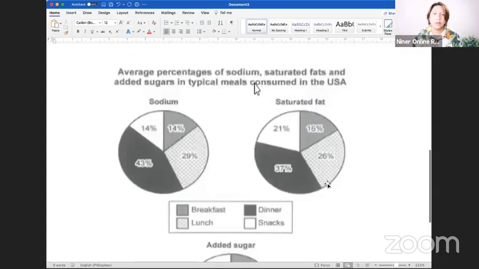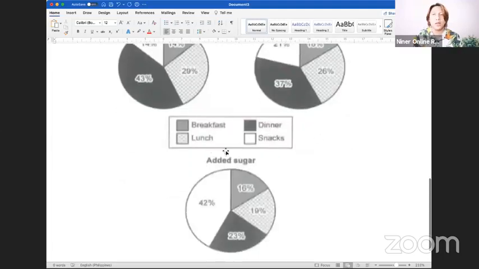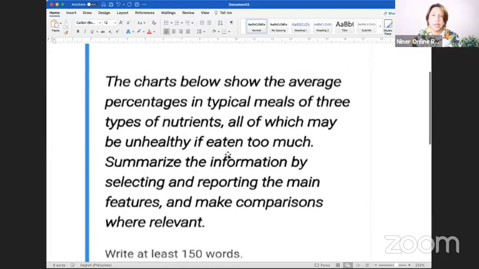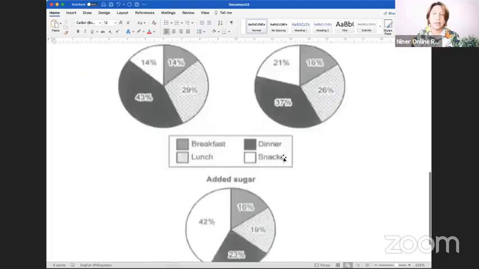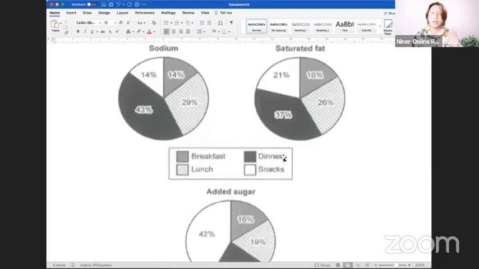So we have sodium here, we have saturated fat, we have added sugars, but there's something in common. These are meal times, okay, because these are typical meals, average percentages in typical meals of the 3 types of nutrients, okay, which may be unhealthy. Now there are 2 ways by which you can approach this particular set of pie charts. Typically, when you're working on pie charts, you have to rank them in order from highest to lowest, from the most significant figures to the least significant figures. And right now, we're going to try and figure out which approach is better